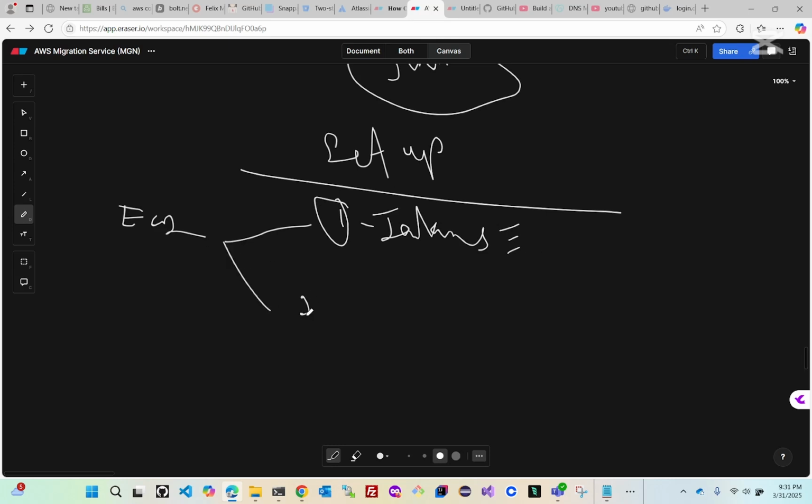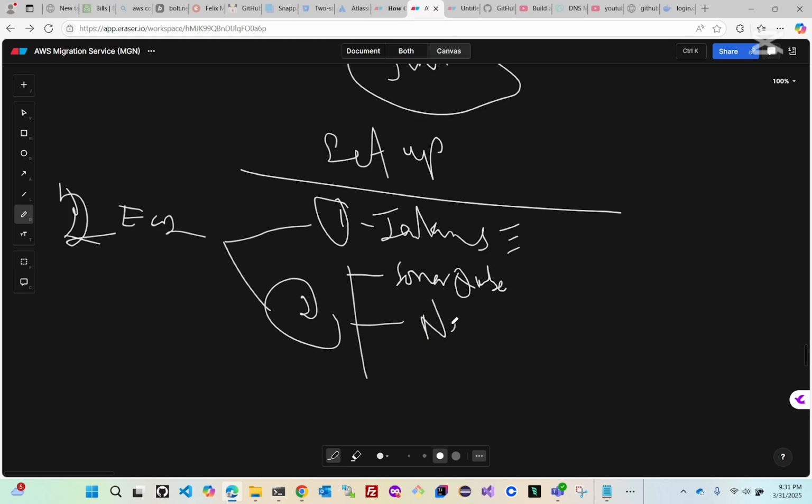And the second EC2 machine, we are going to have two EC2 machines. And the second one, inside it, we are going to install some tools. The first tool we are going to install is SonarQube. We are going to install Nexus also on the same server. And then, of course, we are going to install Docker because we need Docker to run some containers. So now that we know what we want to do, let us jump on our AWS console and perform some